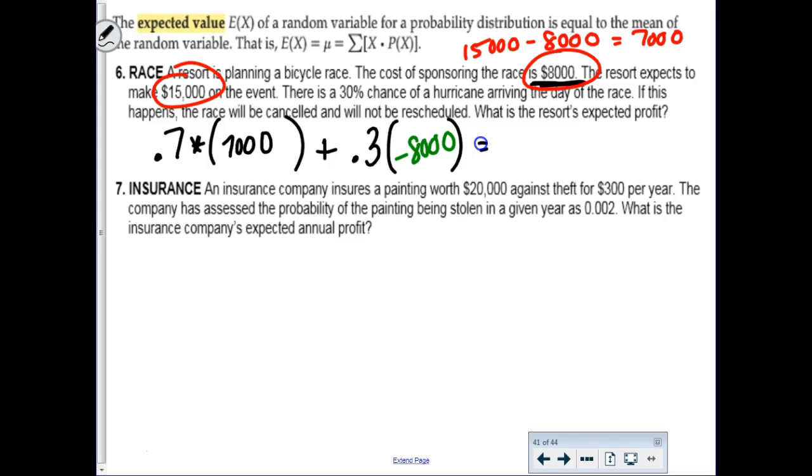So this is you trying to convince your boss to go ahead and schedule the bicycle race because you're doing the math and you're going to say, well, look, according to the probabilities, what does this come out to? I know it's positive. It's 2,500. Okay, cool. Now, that's going to be a hard sell if you're just doing this bicycle race like